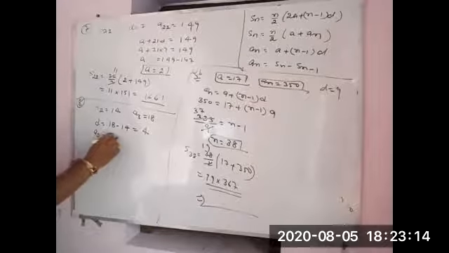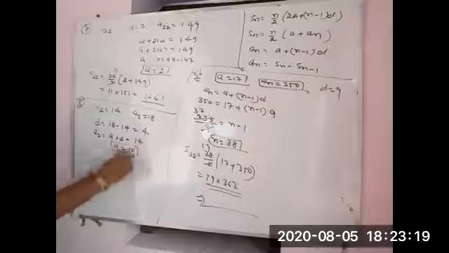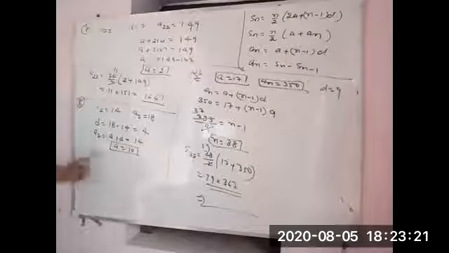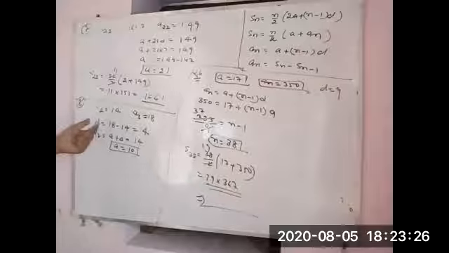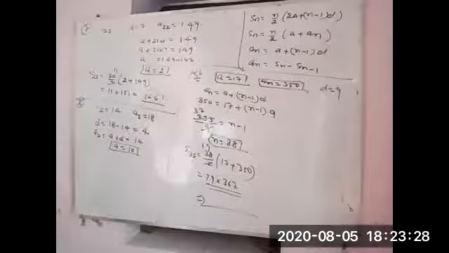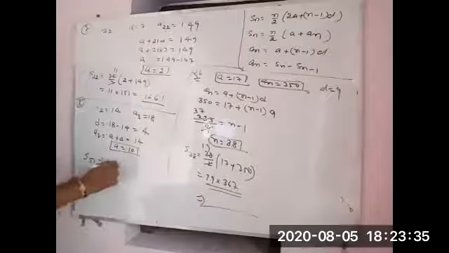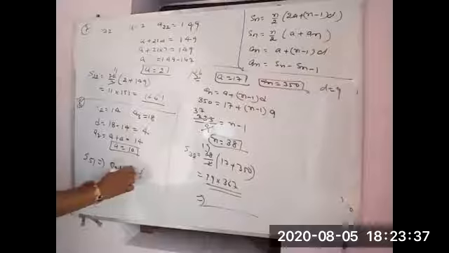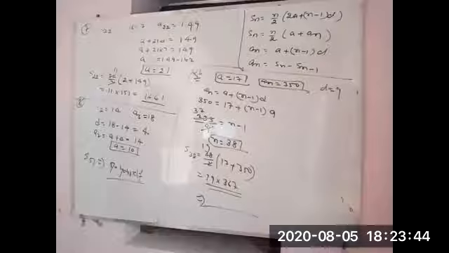a2 can be written a plus d equal to 14. a equal to 10. You got the value of a? Yes, sir. So a is 10, d is 4. Now you have to find S51. Very easily you can do it for yourself. 51 by 2, 10 plus an. Okay, 80. Now moving to question number 9.